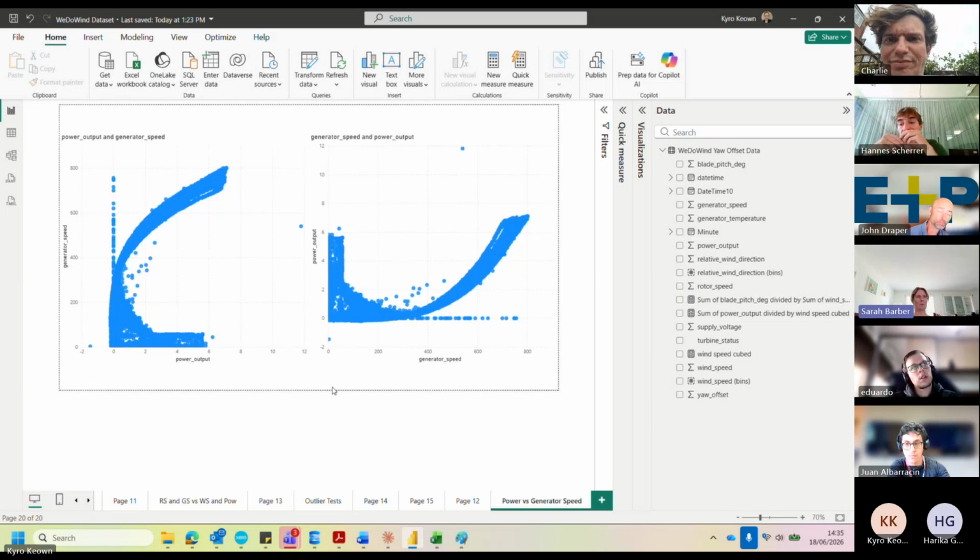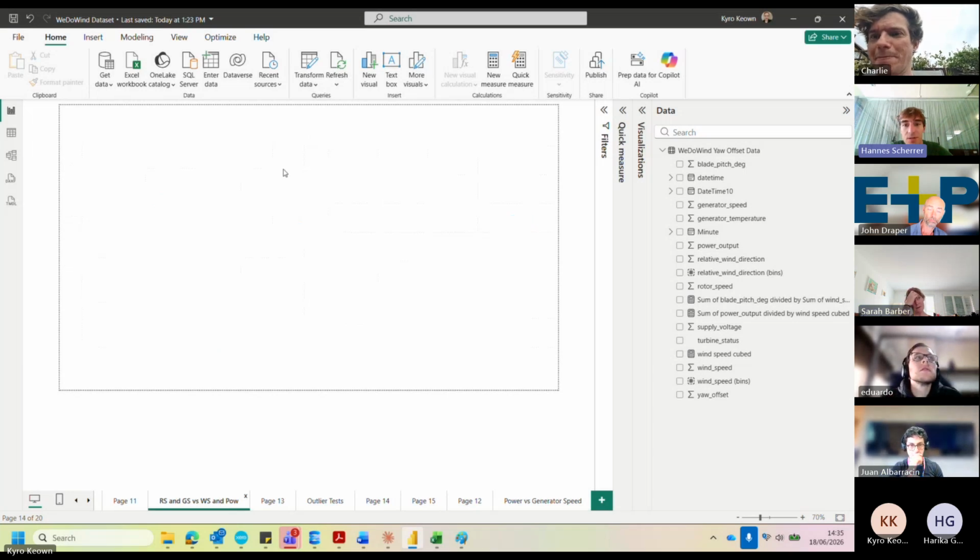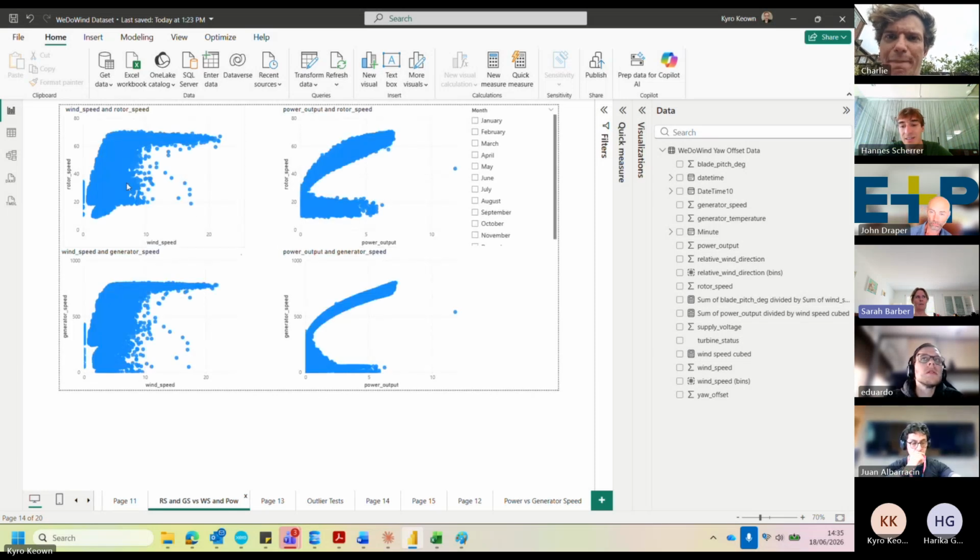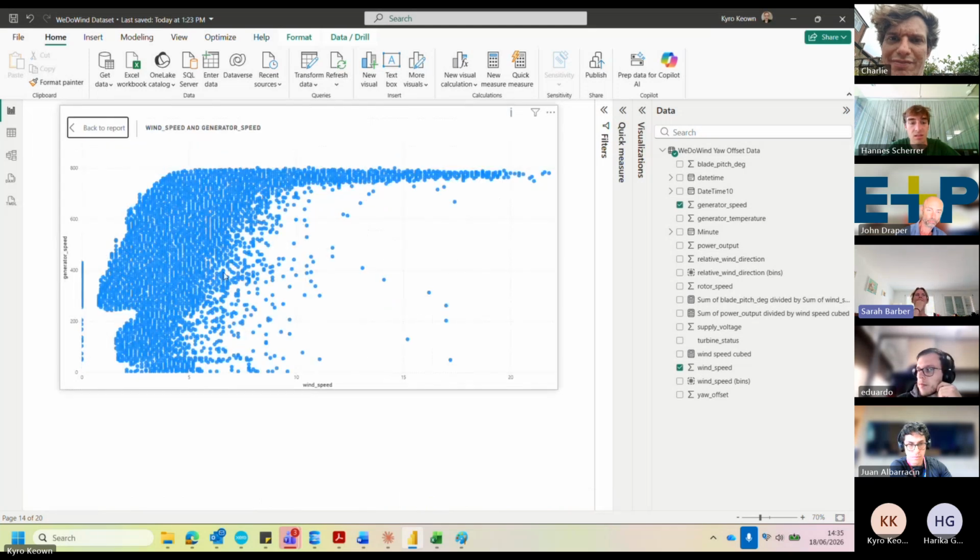I'm actually wondering if this wind turbine has two generators, a low speed one and a high speed one, and it switches between the two at a certain speed. And we didn't know that, but maybe it does. I don't know, Hannes, do you know that? Hannes has worked most with this wind turbine. Actually, I'm not sure. In the description that we've got online about it, it doesn't say that. In the official description of how the wind turbine works, it just says it's got a variable speed and a generator.